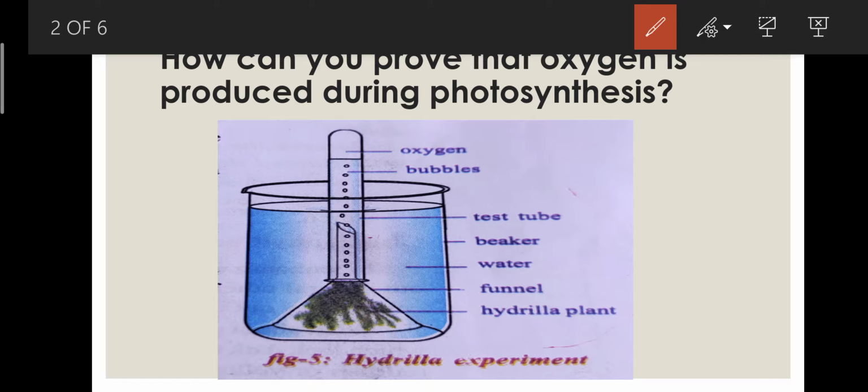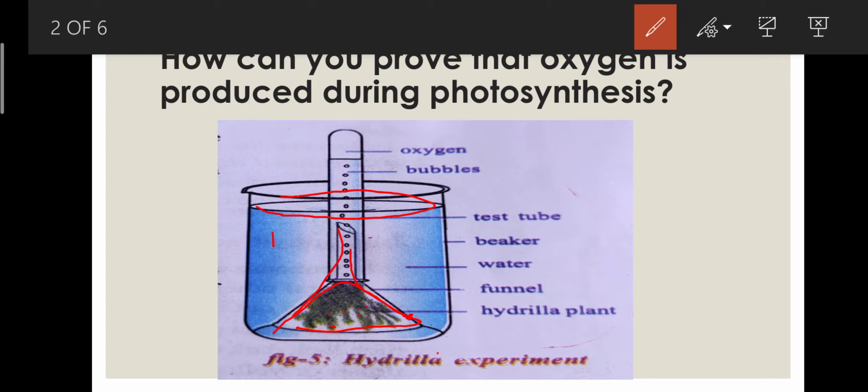And matchstick. So all these are materials. And while moving to the procedure, arrange the apparatus which was shown in this figure. Make two identical sets. That means we have to prepare two sets, because one is kept in sunlight and the other one is kept in dark. First place some water plants like Elodea or Hydrilla in the funnel. This is the funnel, and the short stem we can cut into small pieces and place in the funnel and keep it in a beaker. Then pour water into the beaker. The beaker should be filled with water.